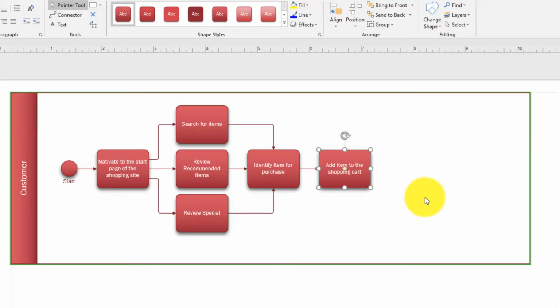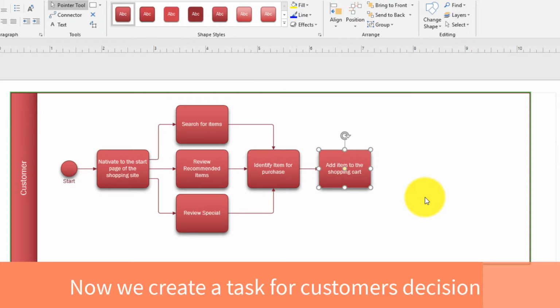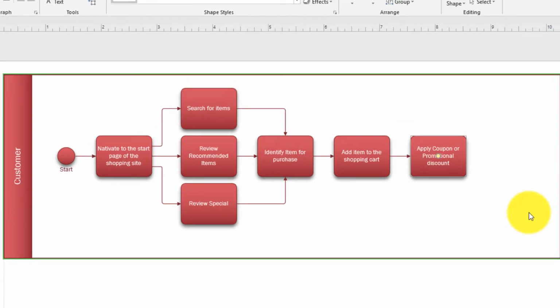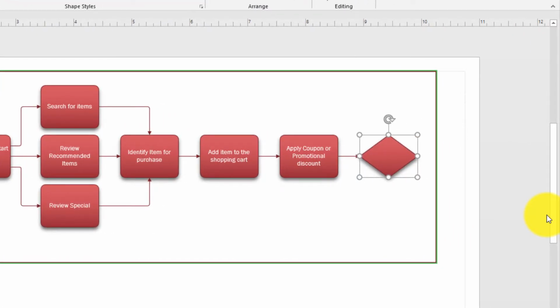That customer has an option to apply a coupon or another promotional discount. So let's add another task related to this. And this leads us to the decision point, where customer would need to decide, are there more items that they would like to add or not? To add a decision point, we add it as a standard way of adding items, and we'll just ask a